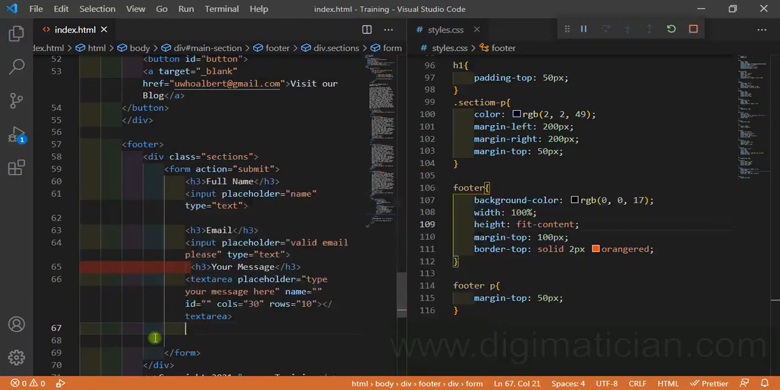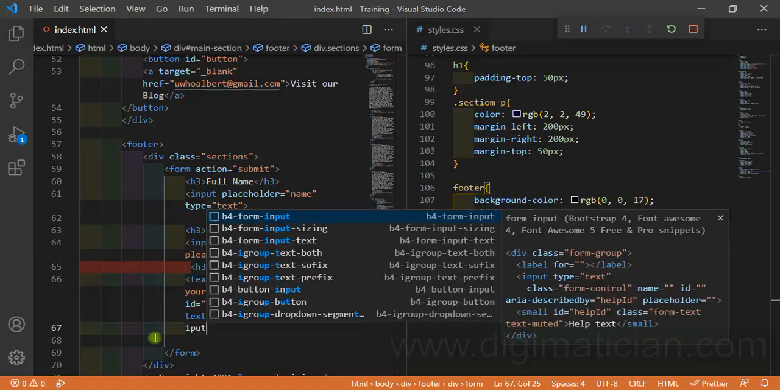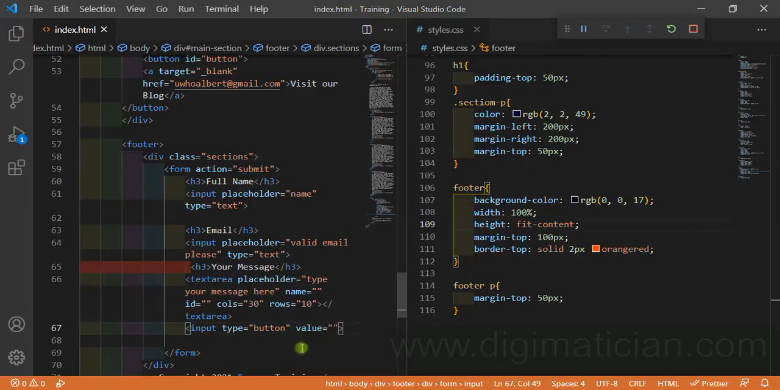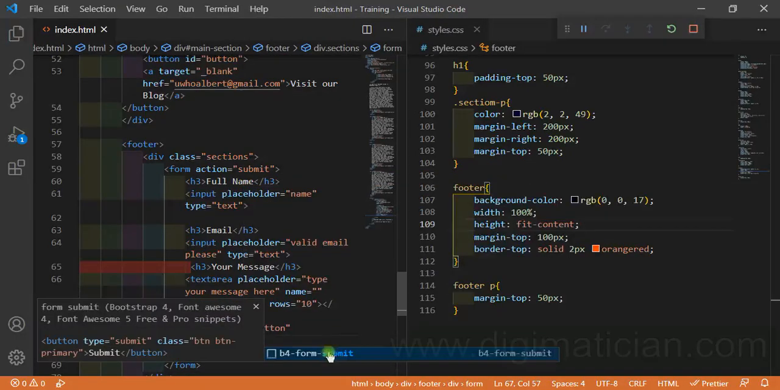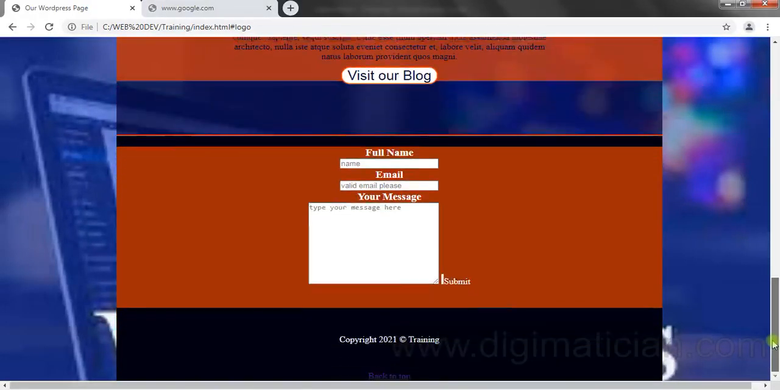To have a submit button, let me say input button. All right, input button. So we type his button. Then within this button I'm going to say submit. Let's see what happens. Let's see if we have a button now. They say we have, the submit is